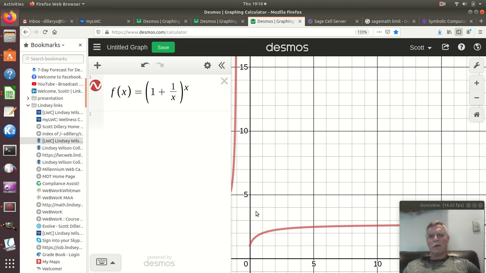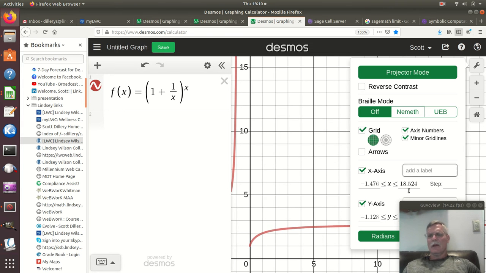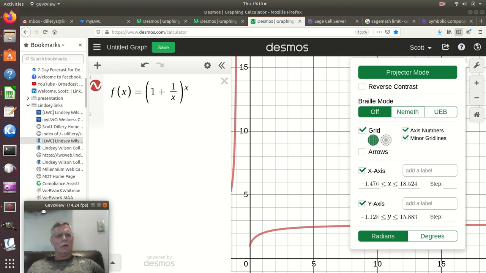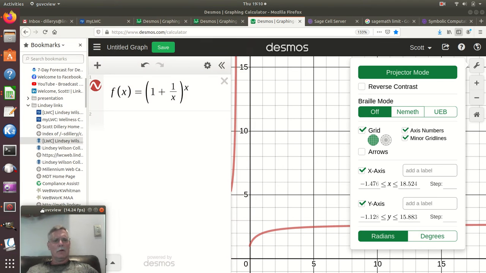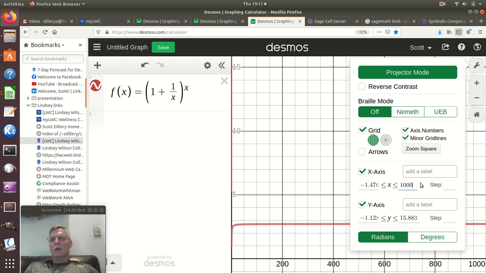I only want it to go up to say 3 or so, that's about here on the Y, and the X I want to go way out so I can see what's going on. And so I click the little wrench, and yeah, there you see I gotta move me, so I'll move way over here, and interesting, on this side of the screen everything looks different. Anyway, so x-axis, I'd like it to go up to maybe 1,000, so I make that 1,000, and